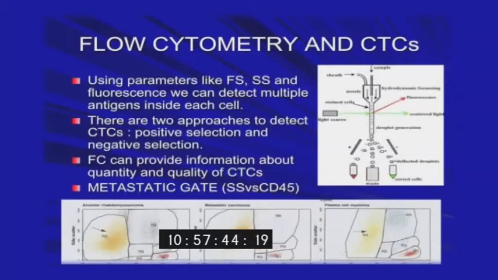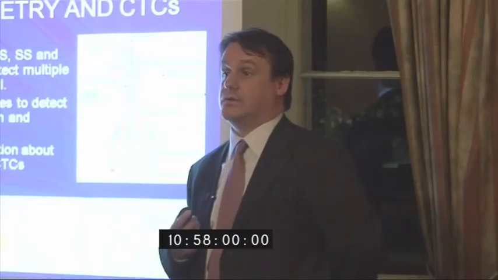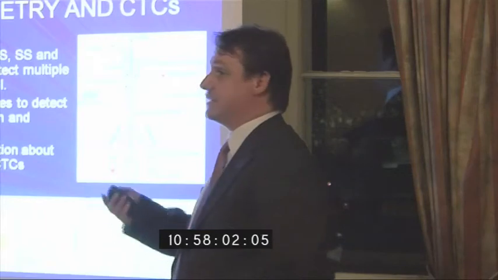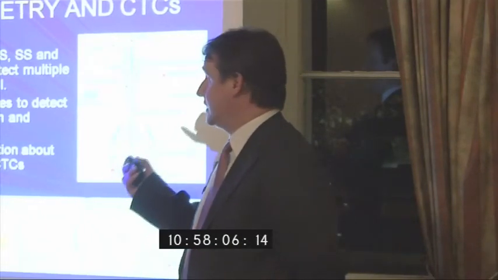Flow cytometry gives you single cell analysis ability to isolate the cell of your choice, and it is also flexible to perform positive and negative selection. So if you would like to detect circulating tumor cells based on one or a few antigens, you can do that. You can say, I want CD133 positive cells, and you can have them. But also you can perform